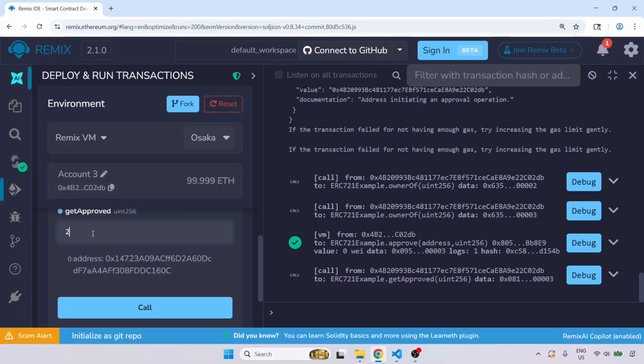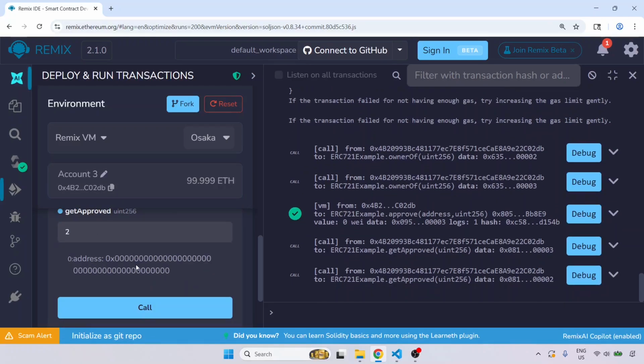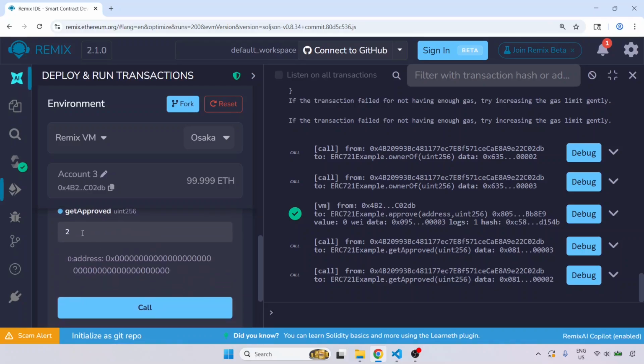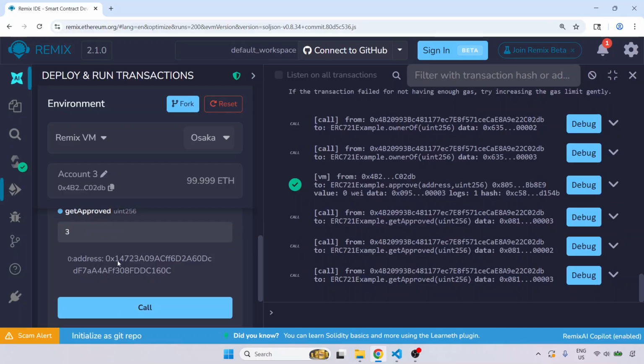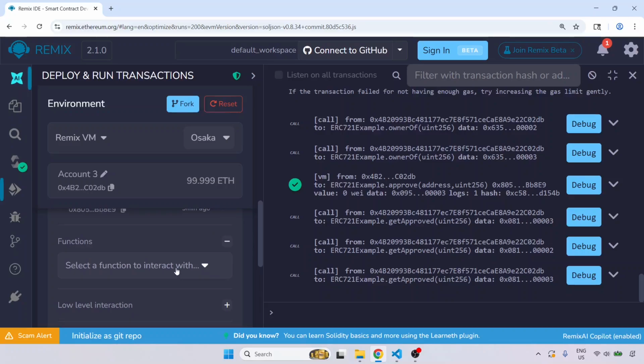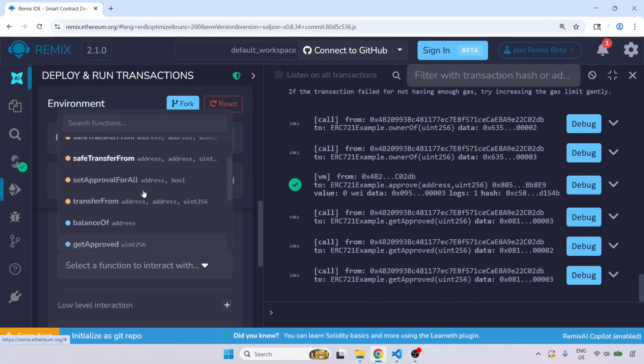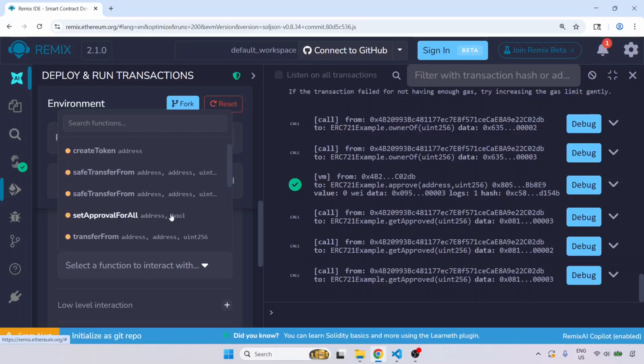If I put something else, you will see I get a 0 address, because patent number 2 belongs to account number 2, and account number 2 has not assigned any authorized representative. So this authorized representative can now transfer this patent on behalf of account number 3. So let's do that. So let us now go to safe transfer from,